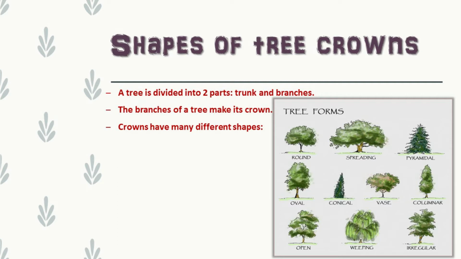Further, before proceeding to the next topic, I want to make you familiar with different shapes of crowns in trees. Children, different branches of a tree make its crown. In different trees, crowns have different shapes, like pyramidal in deodar cedar, full crown in maple, vase crown in hawthorn, fountain shaped in palm tree, spreading crown in oak tree, layered crown in banyan tree, columnar in poplar, and weeping crown in willow trees.